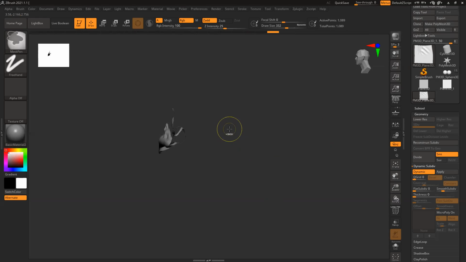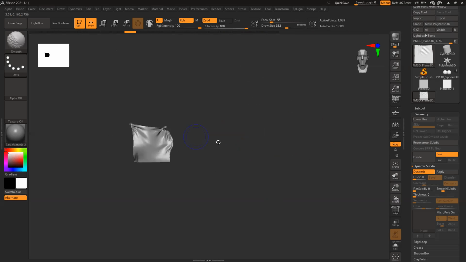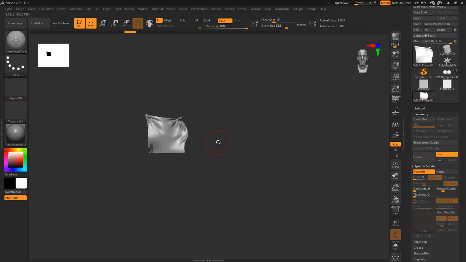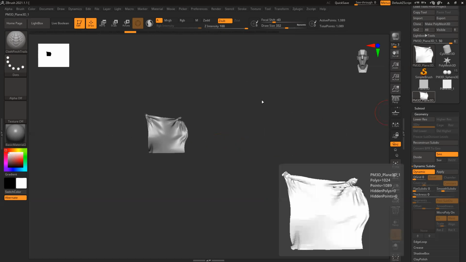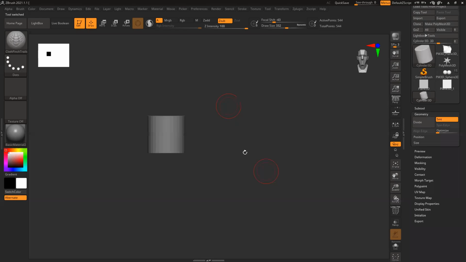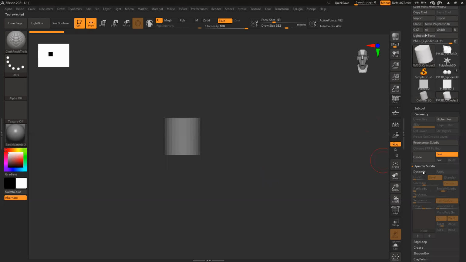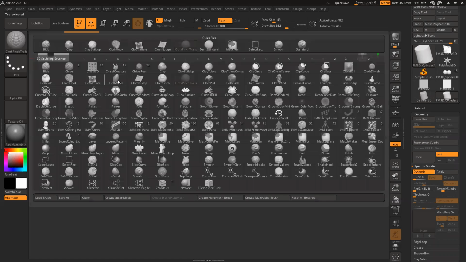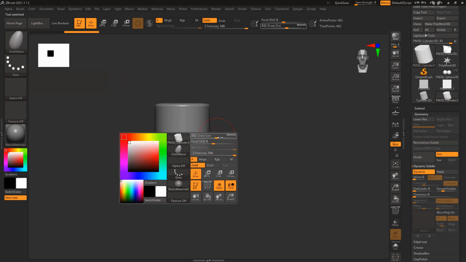It just needs a little bit of practice. If you have any difficulty, try it on a plane or maybe a cylinder or something. Okay. So Polymesh 3D, dynamic subdiv, and then you have all these options,